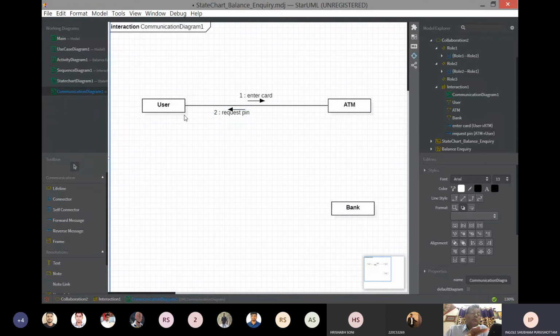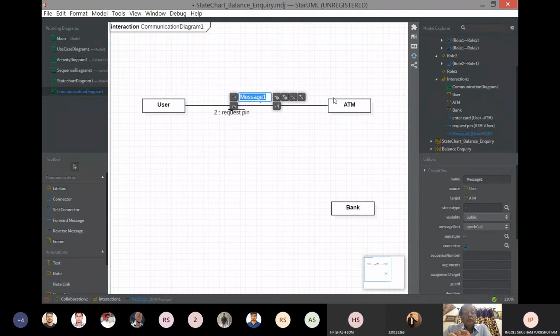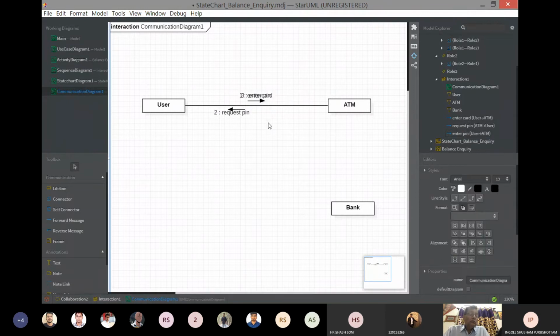Request pin, and forward message from user to ATM, and it will be enter pin.